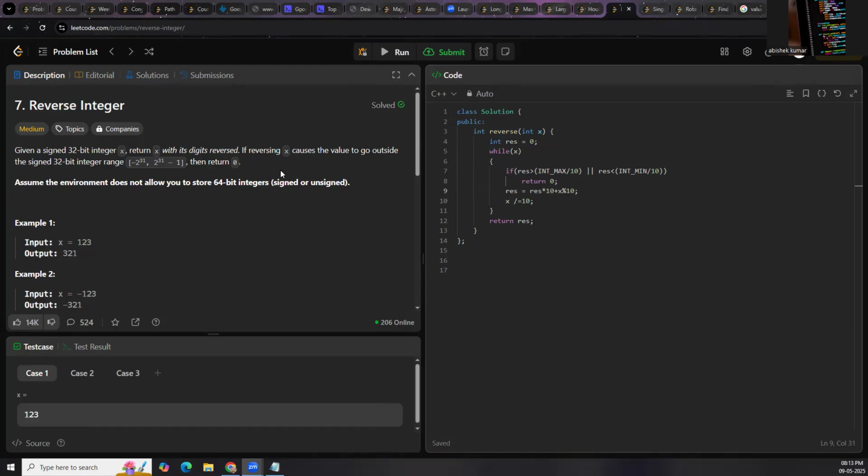Today we will discuss Leetcode question number 7, which is reverse integer. So let's read the question. It is given a signed 32-bit integer x, return x with its digits reversed. So you will be given a 32-bit integer and you have to return the integer with reversed digits. Okay, so suppose if you are given 1, 2, 3, then you have to return 3